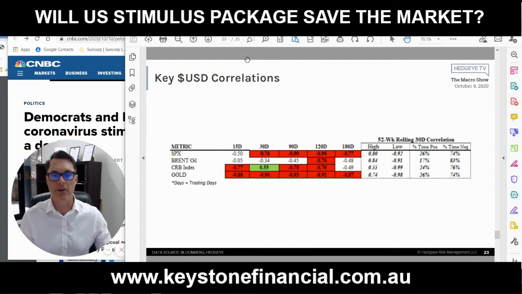Now that has deteriorated slightly with oil over the last 30 to 90 days, but again could pop very quickly back into being highly negatively correlated. It just isn't at the moment highly negatively correlated to the dollar and its movements. Obviously the oil market has other things involved in it, supply and demand metrics and OPEC and the stuff they do, but the key driver is the dollar.